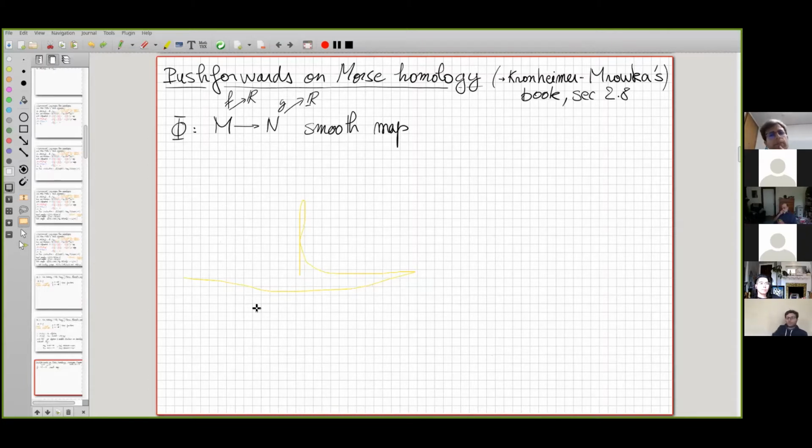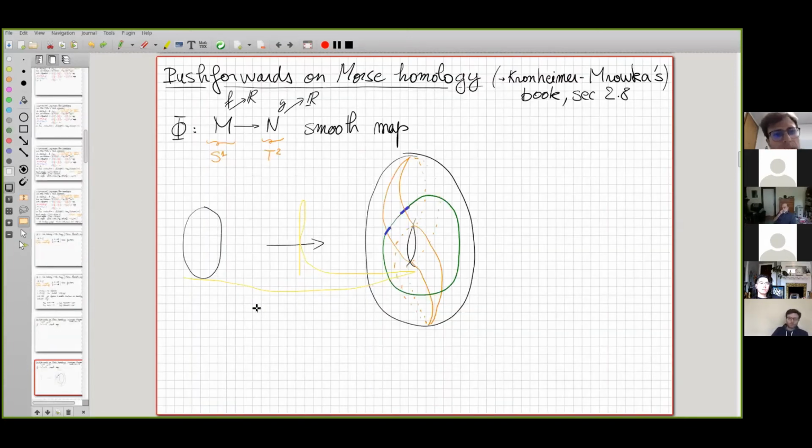Now take two smooth manifolds M and N equipped with Morse functions, and then a smooth map from M to N. Okay, we'd like to define a corresponding map at the chain level, at the Morse chain level. So for example, M could be a circle and N could be a torus. And here in orange I have drawn the stable and unstable manifolds of the index 1 critical points, and maybe the map phi is mapping the circle to this green